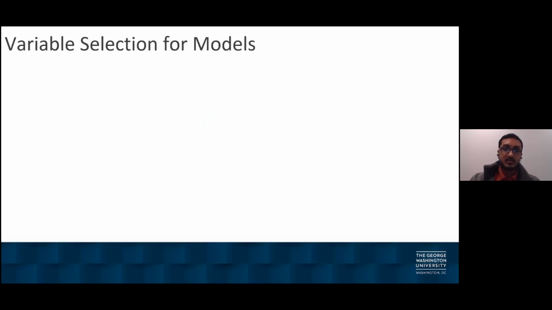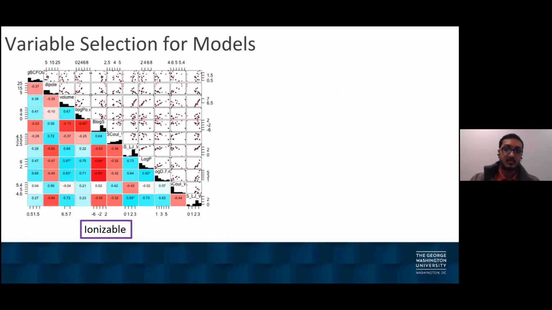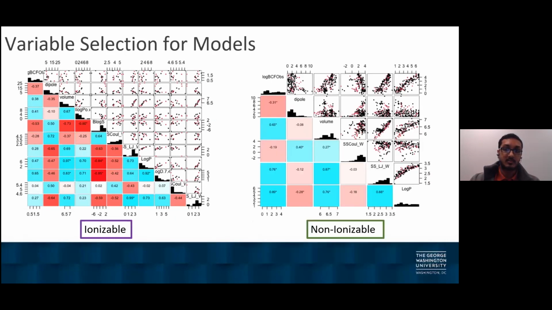So during model development, we had to select our variable descriptors. On the left are the ionizable compound variables, and on the right are the non-ionizable variables. So we use these plots to reduce highly cross-correlated variables and kept the ones more correlated to log BCF, the experimental value. It's a little hard to see, but this was helpful to eliminate the highly correlated variables that often showed up in the ionizable data set, since it contained information from both the neutral and the most abundant species.